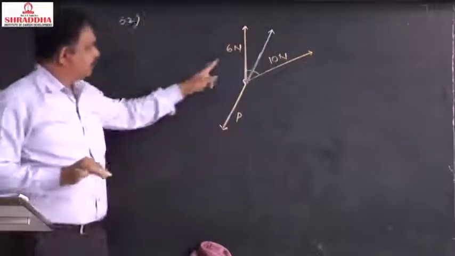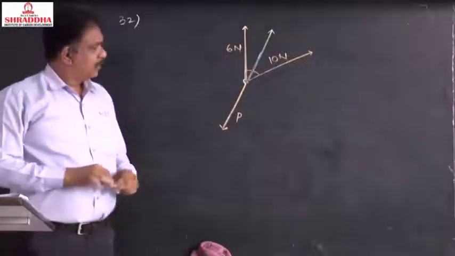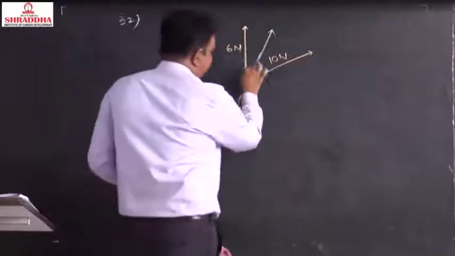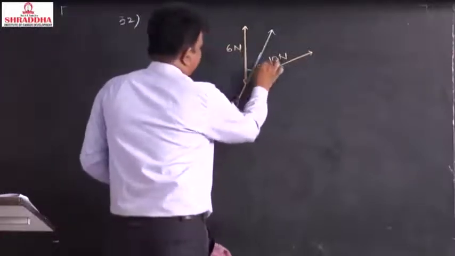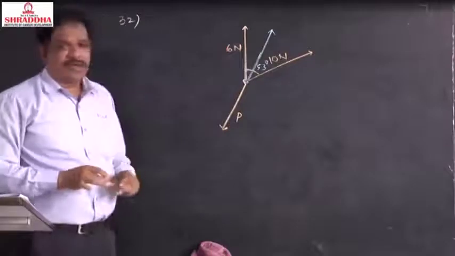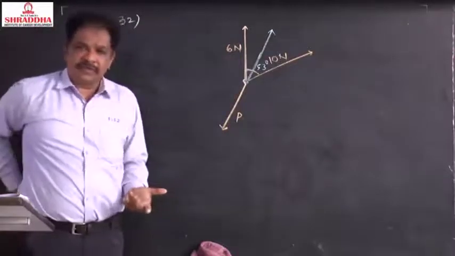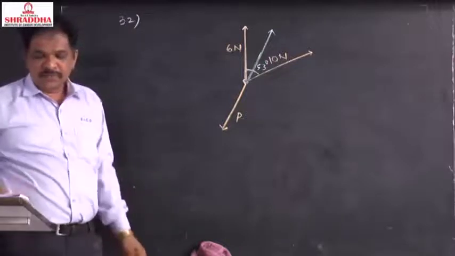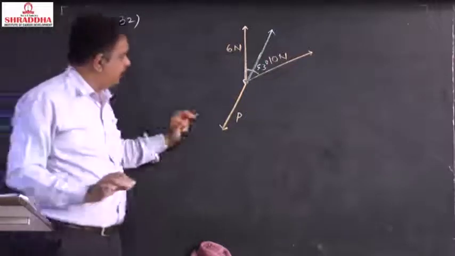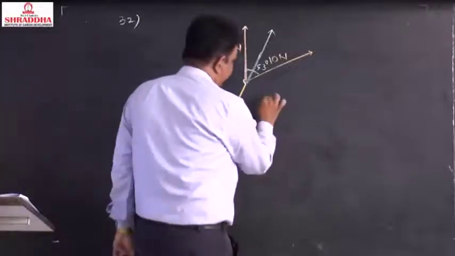The resultant of these two is this one. This angle they gave is 53 degrees. So these two are equal and opposite. That's why net force is equal to 0. You find that, so P is equal to,